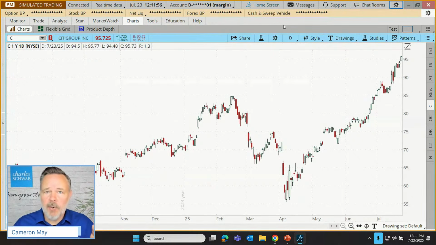Now, what it does not do is give your friend, the trader that we just shared with, any access to our account. Nope, doesn't do that. It's not a portal into our platform. It just captures the structure of that chart and allows it to be duplicated on another Thinkorswim platform. All right, so let's continue.